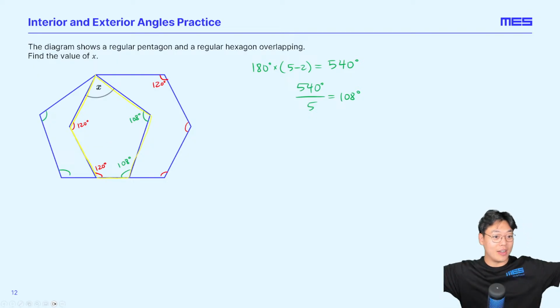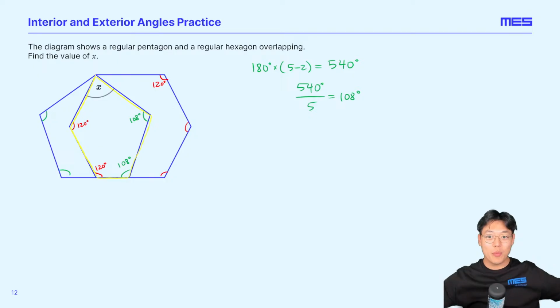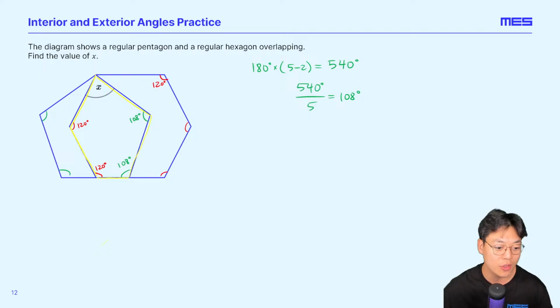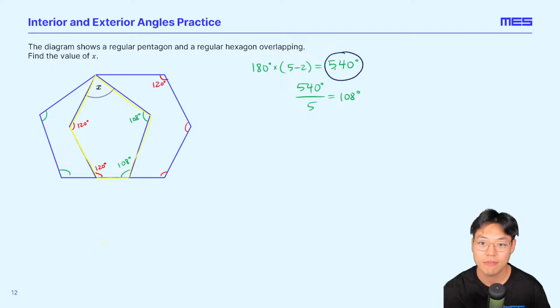It's a pentagon. And we just found that in a pentagon, what is the sum of all interior angles of a pentagon? We already found it. 540 degrees. So how do we find x? Take 540 and set it equal to